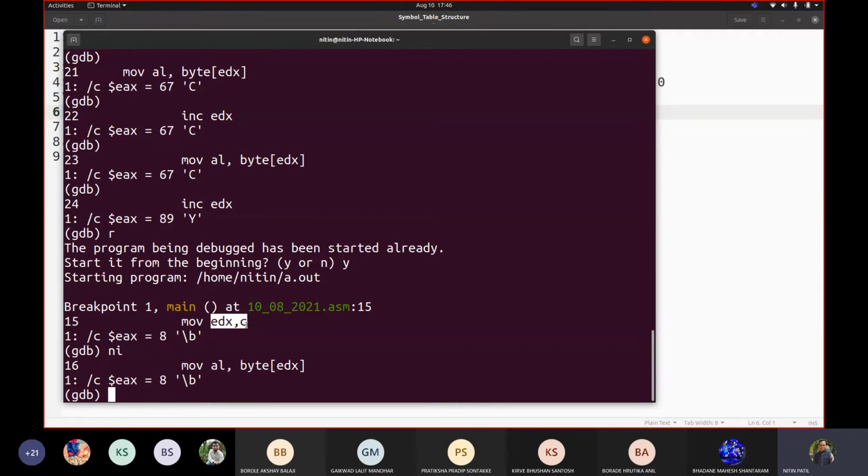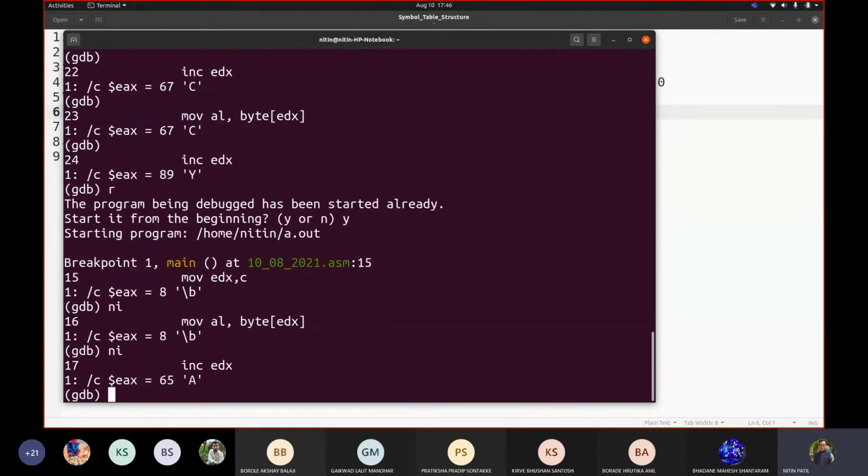The address represented is of the first character. And which was the first character? What you see over here, A. It was only of A. Now if I try to display C plus 1, I would not be able to display it over here, but internally it is doing the same thing because you are using indirect addressing here. This EDX, indirectly you are using this and incrementing that and trying to fetch the value from that location.